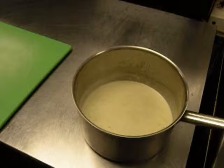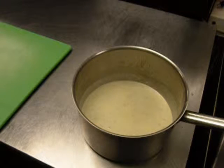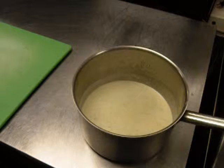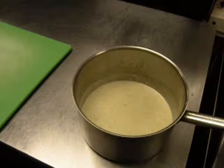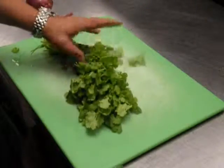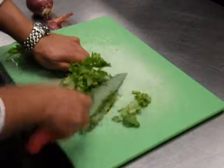Now, blue cheese is going to melt a little slower than most. It's not like you're making a fondue or something like that. You just want to let it do its thing, and then we're going to hit it with a stick blender and smooth it right out. Okay. While we're waiting for our cheese sauce to cool, we're going to take 1 bunch of fresh parsley, give